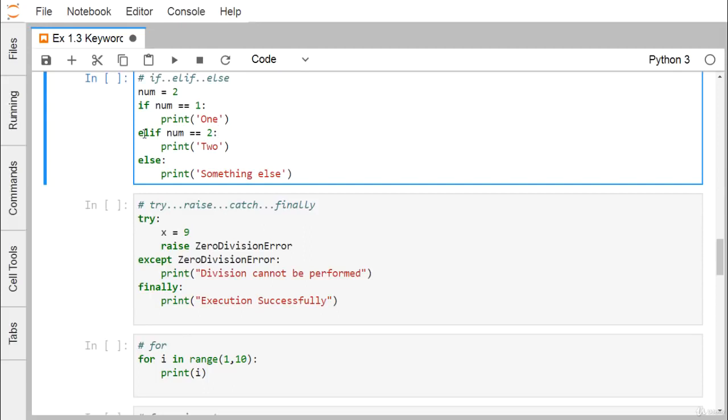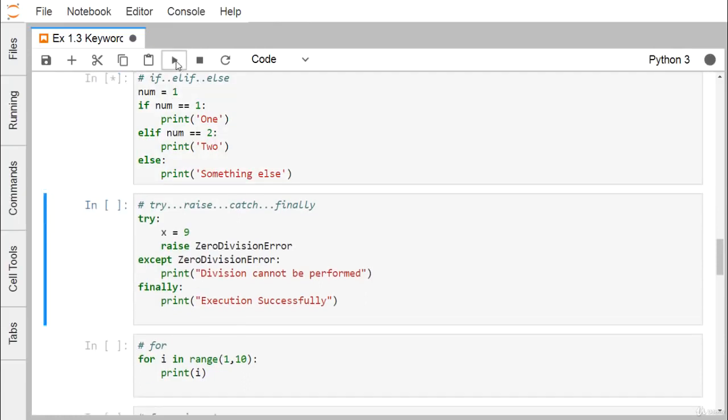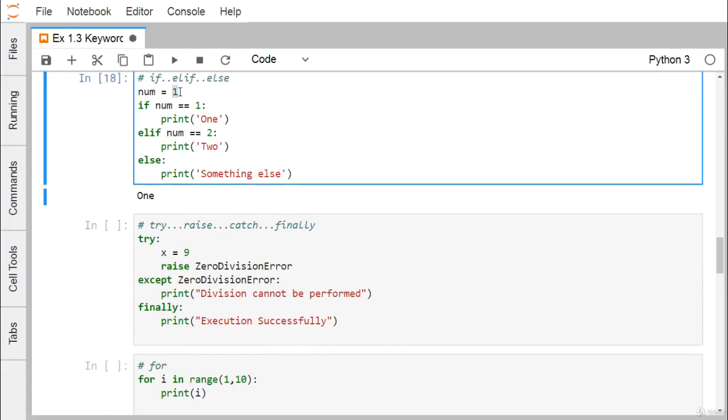So elif can occur for multiple number of times also. We can have multiple elif. So let me go for the execution. You can find that it is printing 2. If I make it 1, it is printing 1. If I make it 3, it is printing